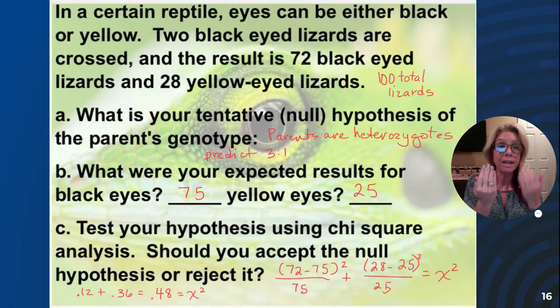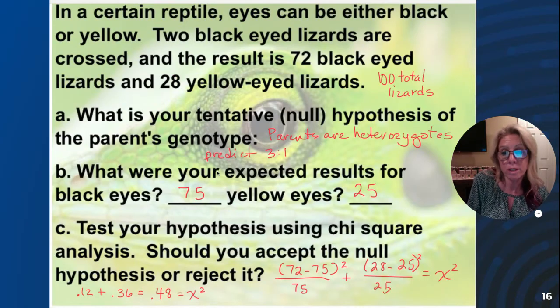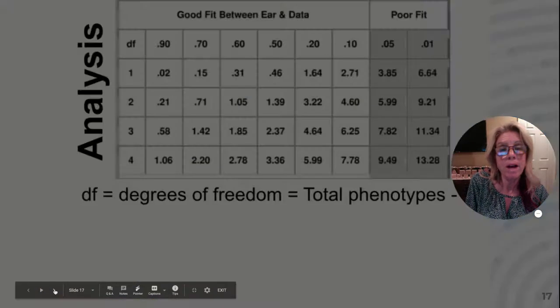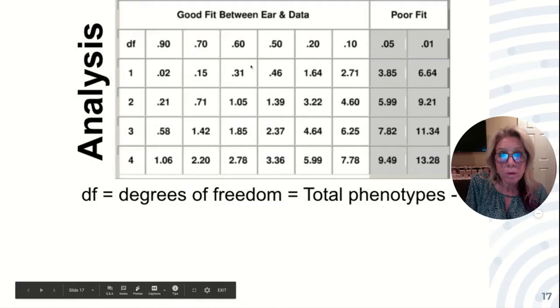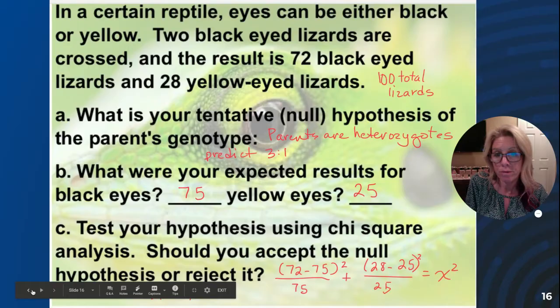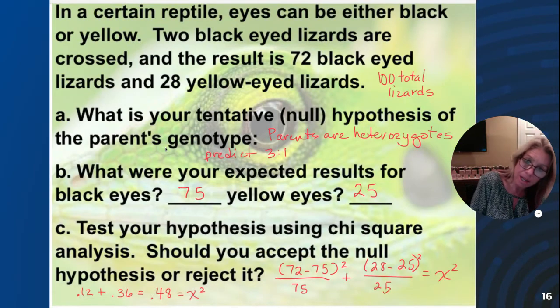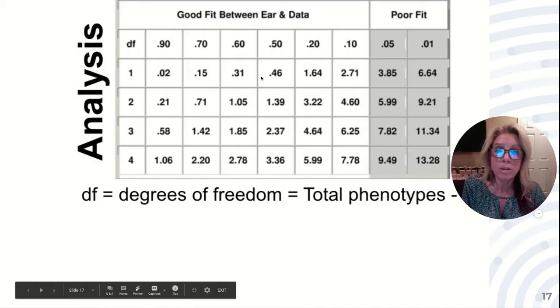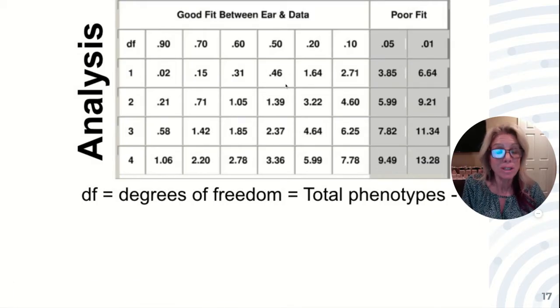I had black eyes and I had yellow eyes. So your degrees of freedom is always 1 minus how many choices that you have. And so I would have 1 degree of freedom. So 1 degree of freedom, and I'm looking for, I'm sorry, I already forgot. Is it 0.48? Of course, it's hiding that. Yes, 0.48. So I go across with 1 degree of freedom, and I would expect those results, statistically speaking, about